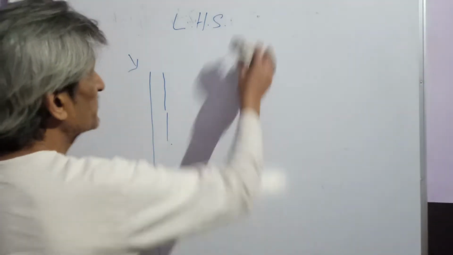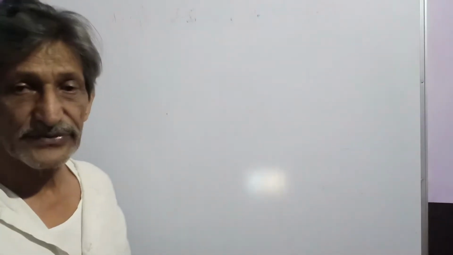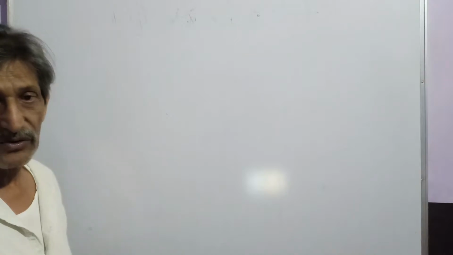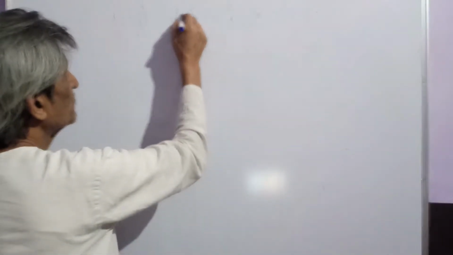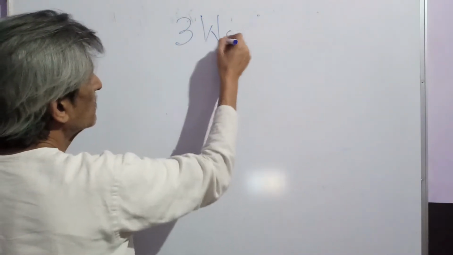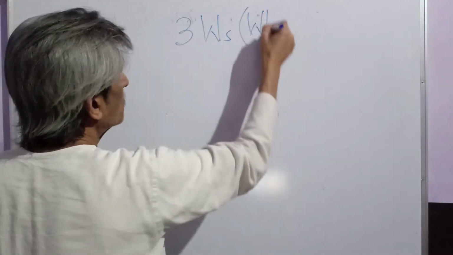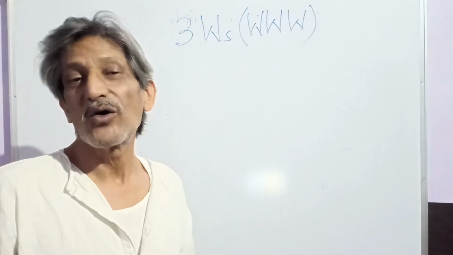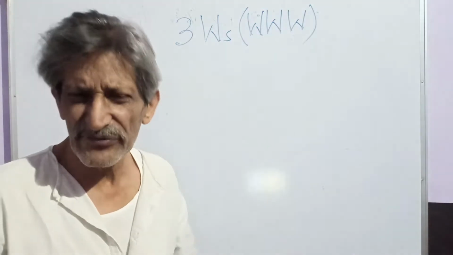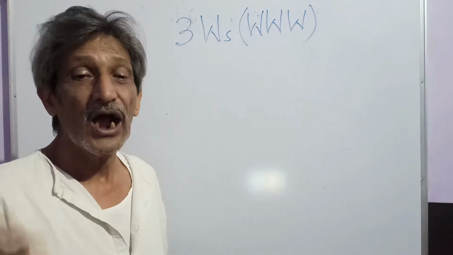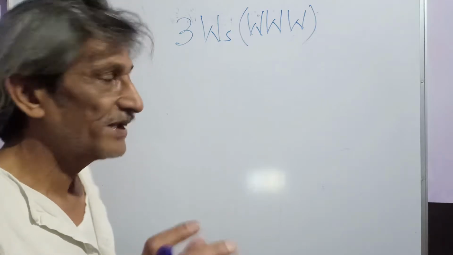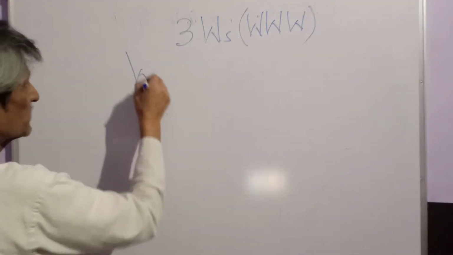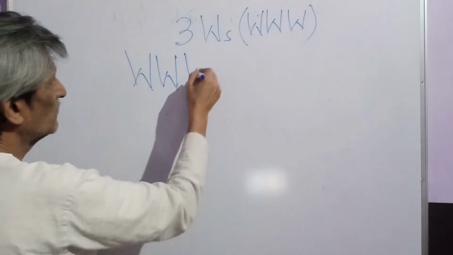The next rule that we must understand is called the 3 W's. And 3 W's doesn't stand for wine, woman, or well, or the 3 W's is the World Wide Web. You're very familiar with the 3 W's. However, how do we apply this little acronym in English? The 3 W's in English stand for